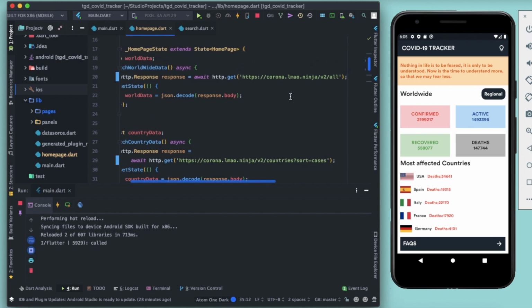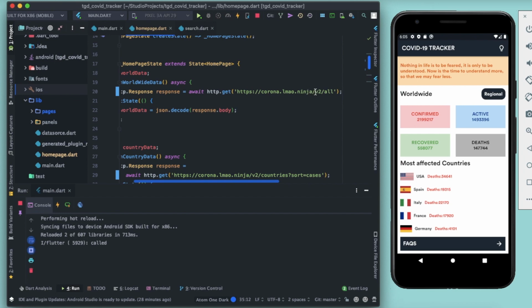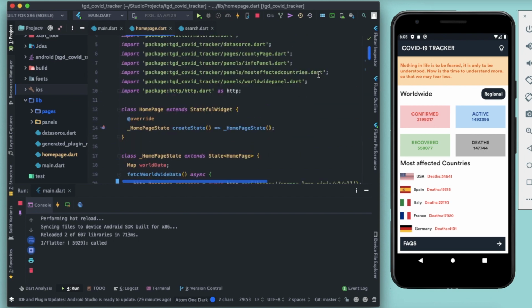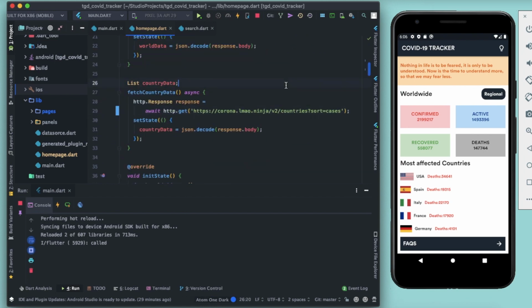And all we have done is that I have added /v2 after the URL of this request, right? For all the URLs, you just need to add /v2, that means version 2. So they have deprecated the old version, it will not work. So that's the update. That's how you need to change the API.